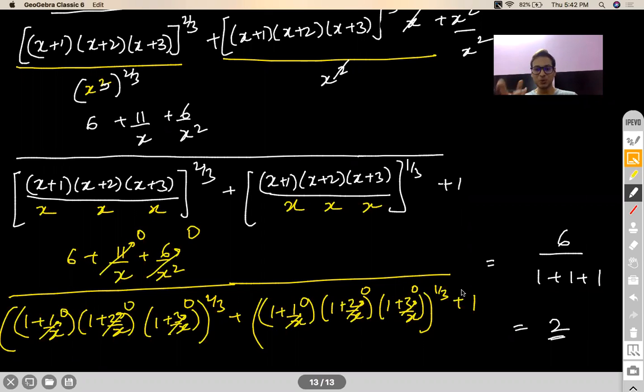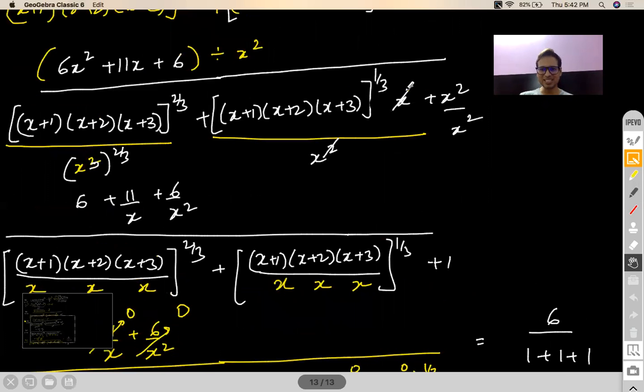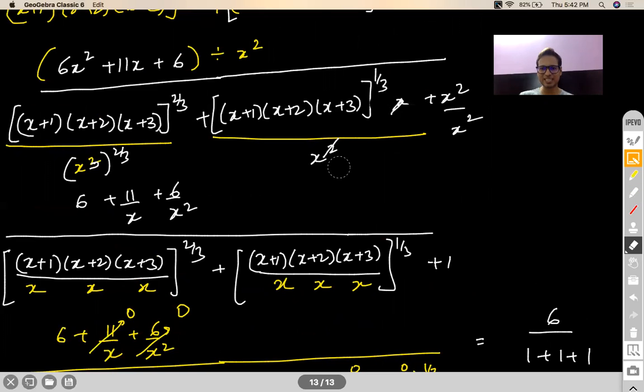When x square enters x to the power 1 by 3, it will enter as x to the power 6, Meghna. But I already lost an x, no? Look here. I already lost an x with this. So this will be as good as an x left. So this x got cancelled, no? That's why it enters as x cubed.